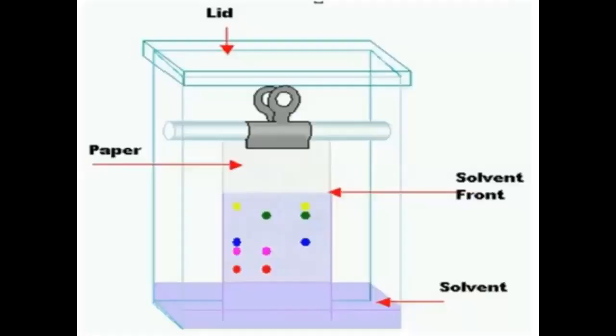So if we talk about paper chromatography, let us not go through the syllabus, sorry, the principle and other things, because all of you are aware of paper chromatography. Here, between the mobile phase and stationary phase, we try to separate the components in the mixture, right? As I told you, the paper is the support or stationary phase, and the solvent is the mobile phase, right?